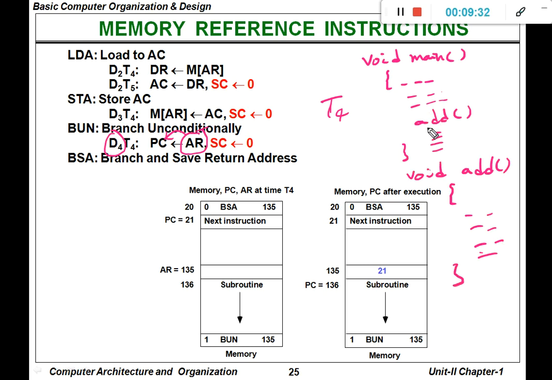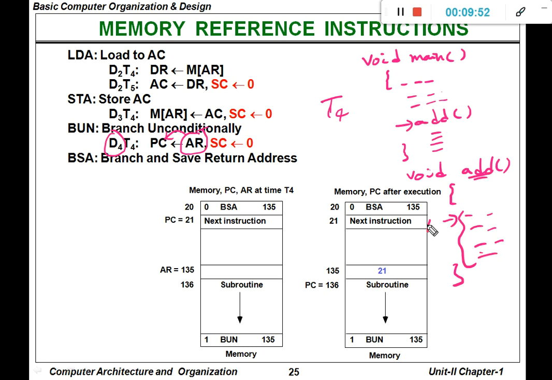However, whenever we call this add function, add subtask, then we need to execute the statements within this particular add function. So what is the starting line of code in this add function?